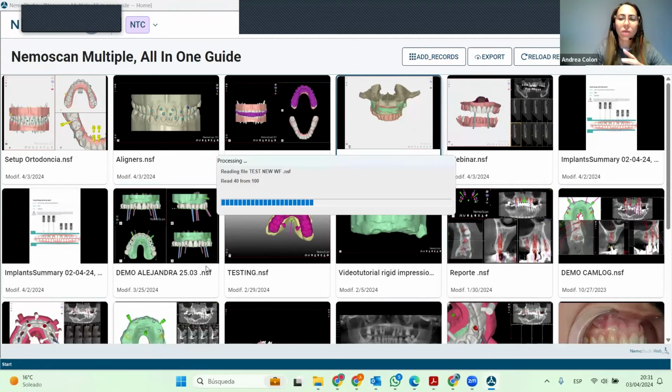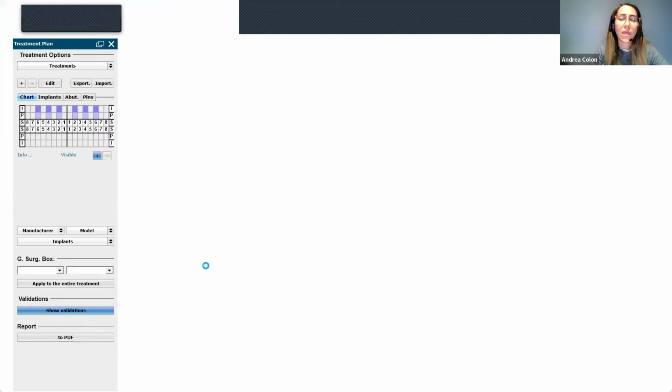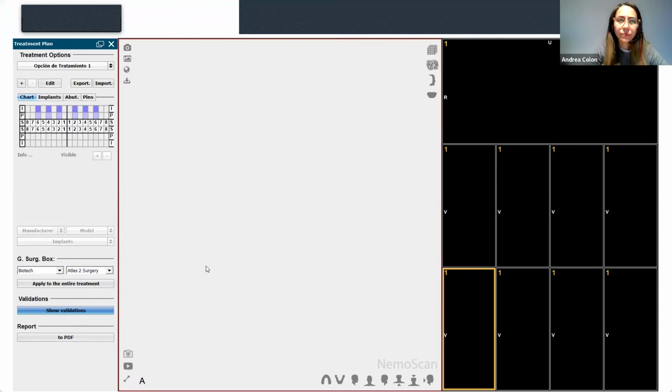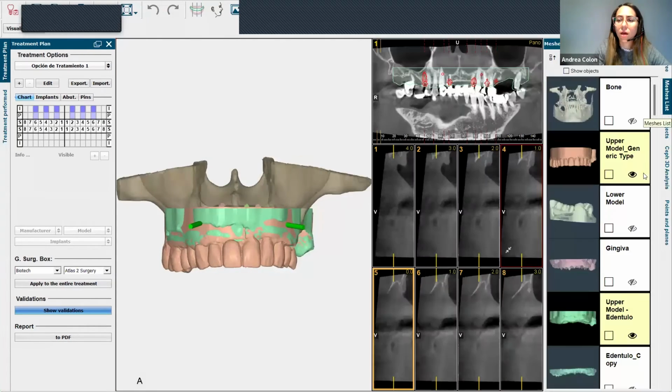Also, as you see here, you can create different kinds of documents of the patient. So this will let you have the entire history of the patient. So it's a platform that is going to be patient-centric, and this will allow you to have the full history of the planning. So if maybe a client is treating a patient and plans to place one implant right now, and in 3 months they need to place the other one because they had to do a bone regeneration process, you can go back to the same patient